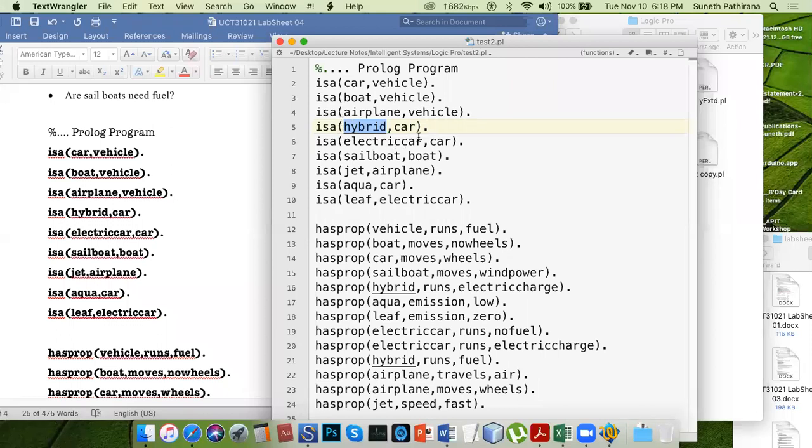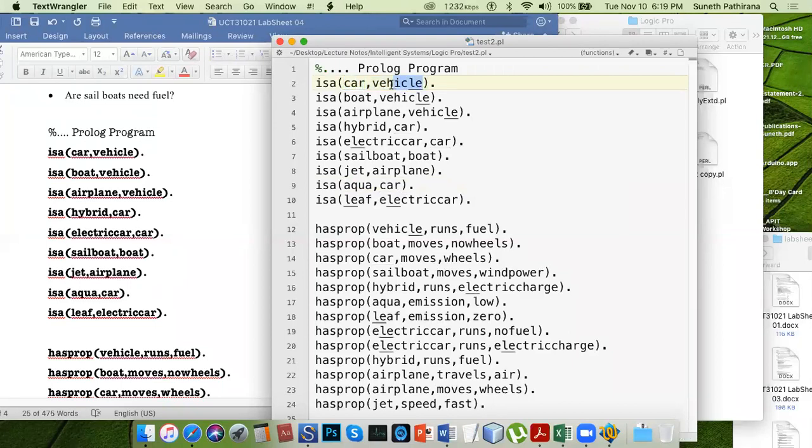Here again I do the same thing. I override the first parameter, which is reserved to denote the vehicle category, with the subcategory of the car type, electric car. Again it's the same thing: jet, airplane, aqua, car. So the first parameter is the vehicle category.